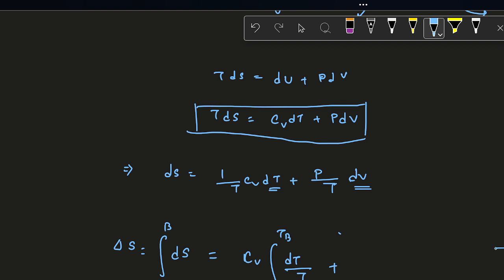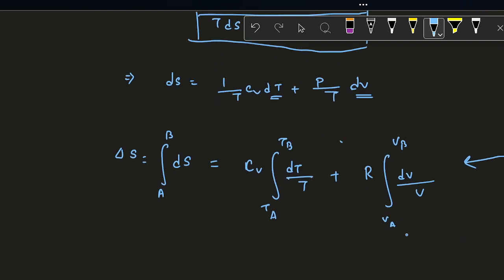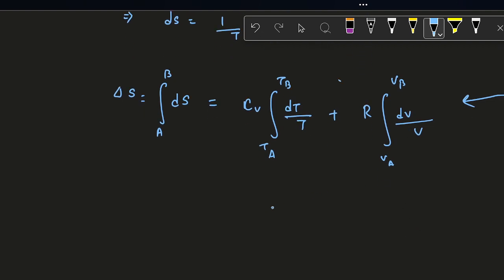So we replace this thing over here in the second term, and thus we get R outside of the integral because it is a constant, and then dV by V. Again going from A to B, you know that volume is being changed from VA to VB. So if that is the case, then you get total change in entropy delta S equal to, we have to do the integration. So the first term is basically ln T from TB to TA, and the second term is again ln V from